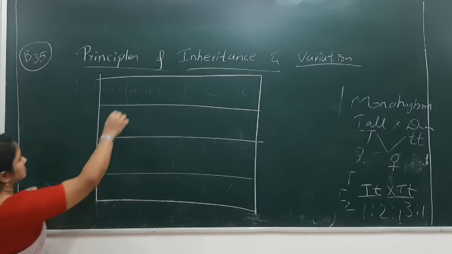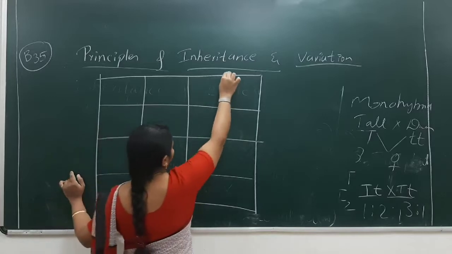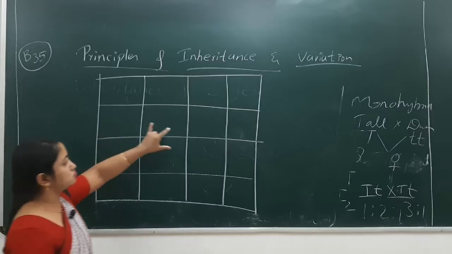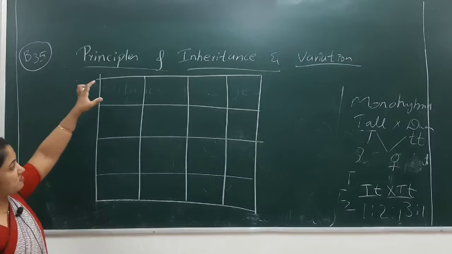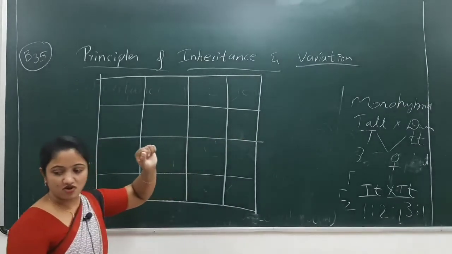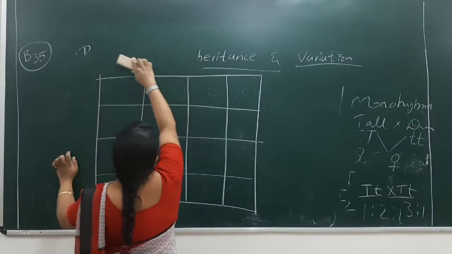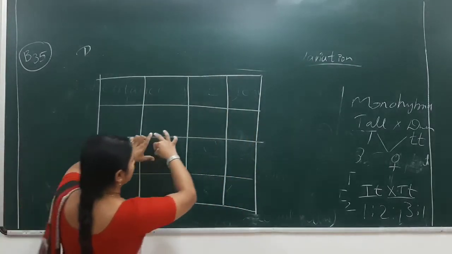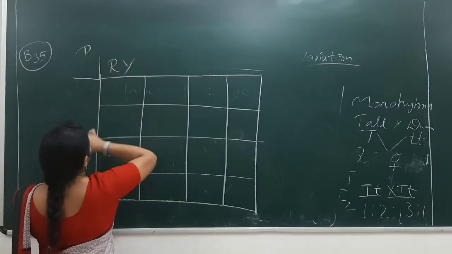Okay. So, here you have to draw 4 columns and 4 columns. 1, 2, 3, 4, 1, 2, 3, 4. Alright. So, at the top of this Punnett square, I will write the gametes. What we got in this one, no? When we self-pollinate the parent, what we get, the gametes, those gametes I am writing on one side.